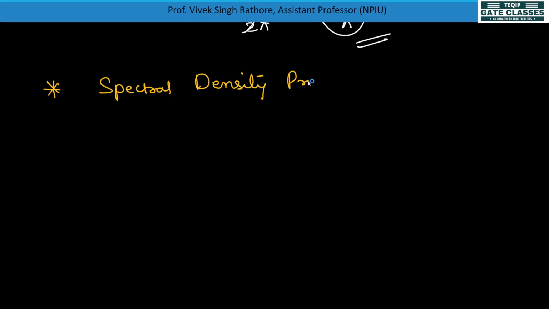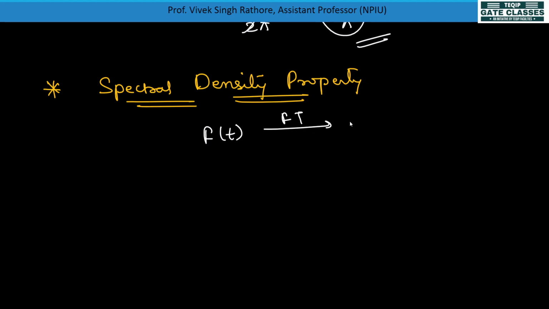Spectral density property. These are all properties we have seen in the Fourier transform, the continuous time Fourier transform also. So as you know, the Fourier transform of f of t is f of omega. How many times have I told you this, no problem with that. If you need to find energy,